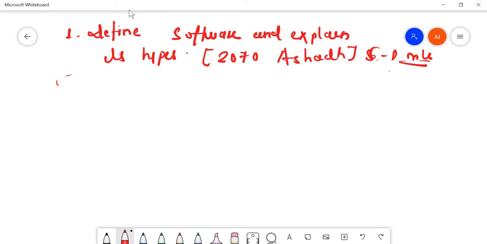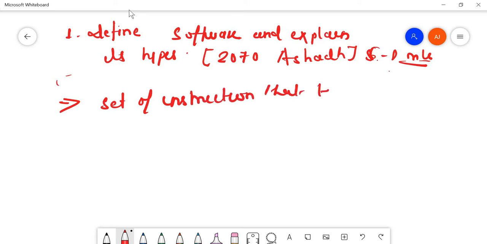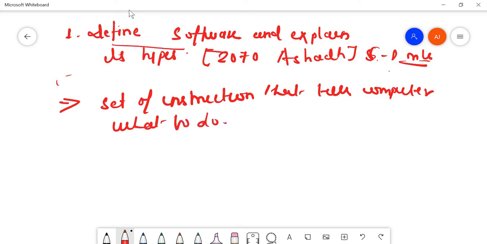So what is software? Okay, so you know that software is the set of instructions, you can say. It is the set of instructions that tells a computer what to do. This is called software. And what are the types of software? So there are two types of software. One is system software,